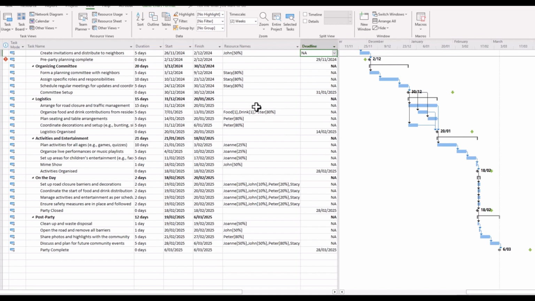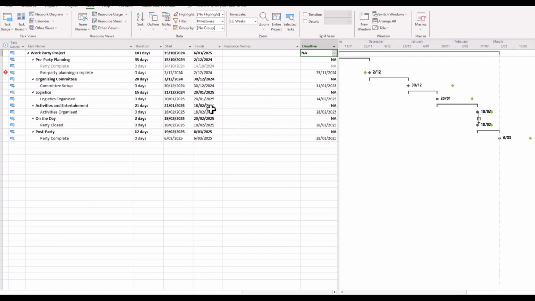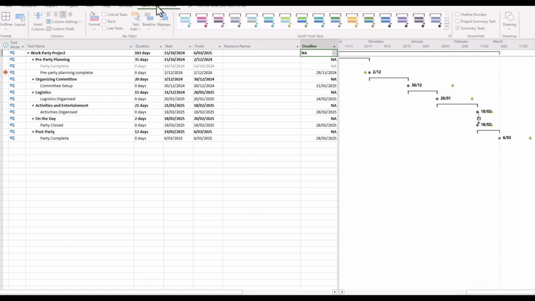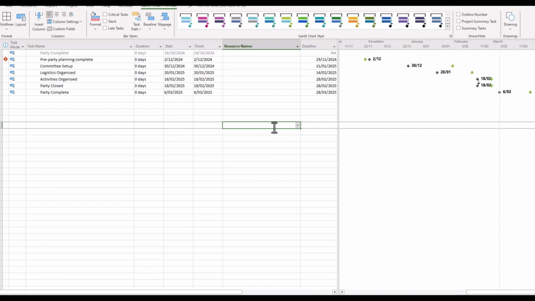And these could be particularly useful when you want to share essential information or summarized information with project management staff. So for example, if we just wanted to show the milestones, we could quickly go up to Filter, Show Milestones, and straight away we have a very easy to follow Gantt chart. In fact, it can be even easier if we tidy this up by removing the summary tasks. And there you have a very neatly summarized schedule as to where you are when compared to your deadlines.